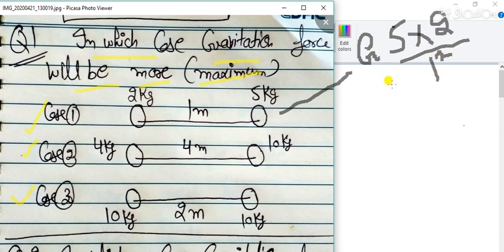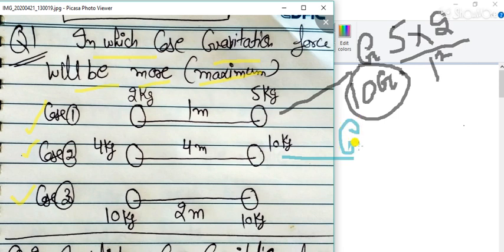That means you can write its value as 10 G by 1. I am not putting the value of G here because we have to find the maximum force. We don't have to find the exact value. So this is the force of the first case. Now I have changed the color and I am discussing the second case with this color. Now the value of force will be G into m1 into m2, that means 10 into 4.